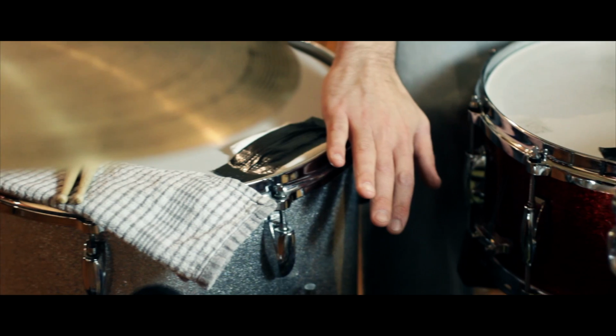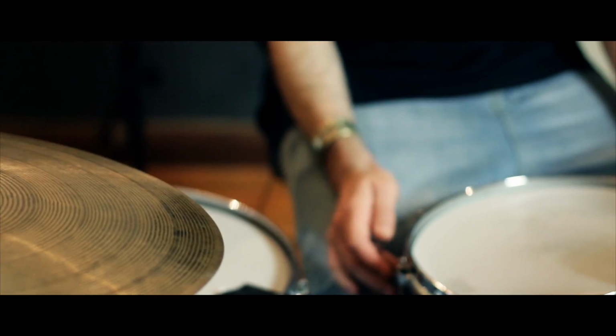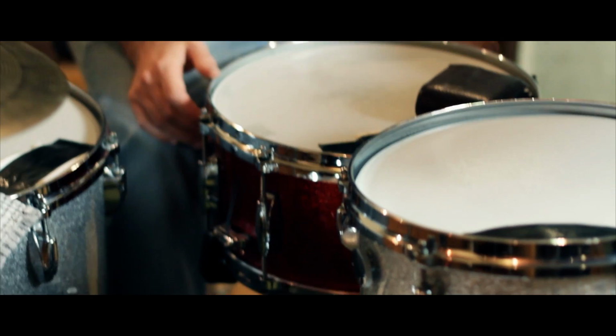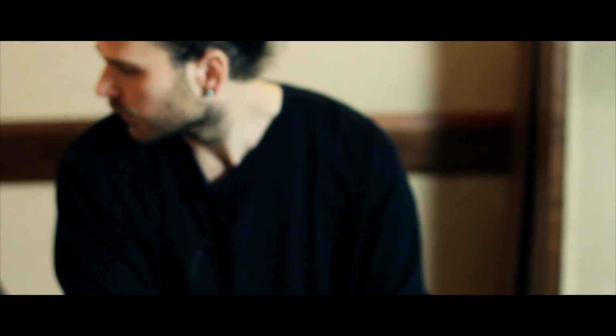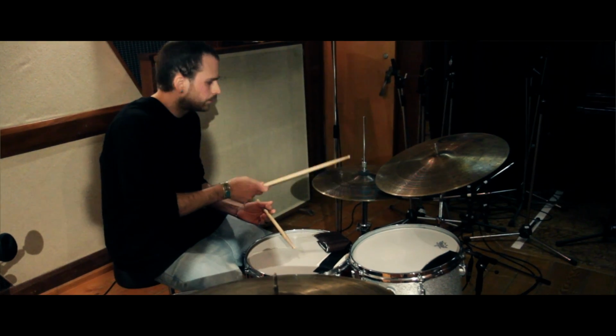So we've got a 20x14 bass drum, we've got a 13x9 rack tom and a 14x14 floor tom. And we've used 4 different snares, so we've got 2 Gretsch Renown snares, 1 Ludwig Acrolite and a Ludwig 400 snare. So the kind of grooves on those old Al Green records were really simple, but really unique